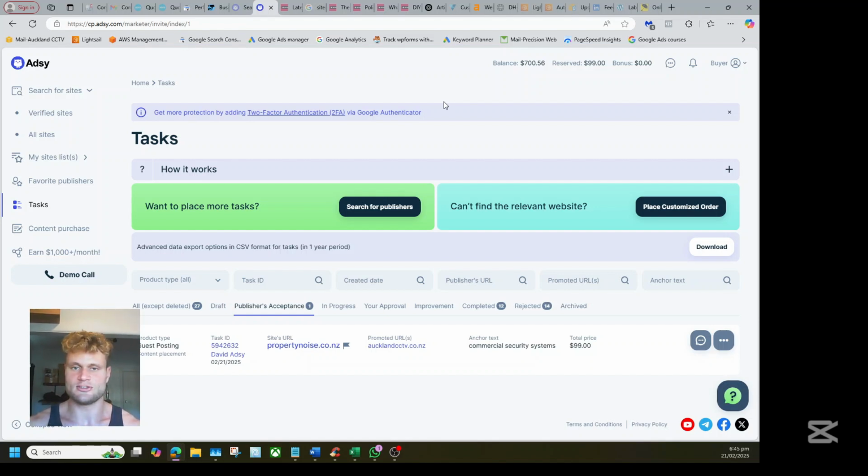If that relevancy doesn't exist, one, the value of the backlink is just not good, and two, if the site's vigilant, they actually care, they might just delete your article after some time because they'll go, hold on, why was this even published? So you try and make that relevancy, you try and make it as natural as possible. That's what you really want to be doing with all these links.